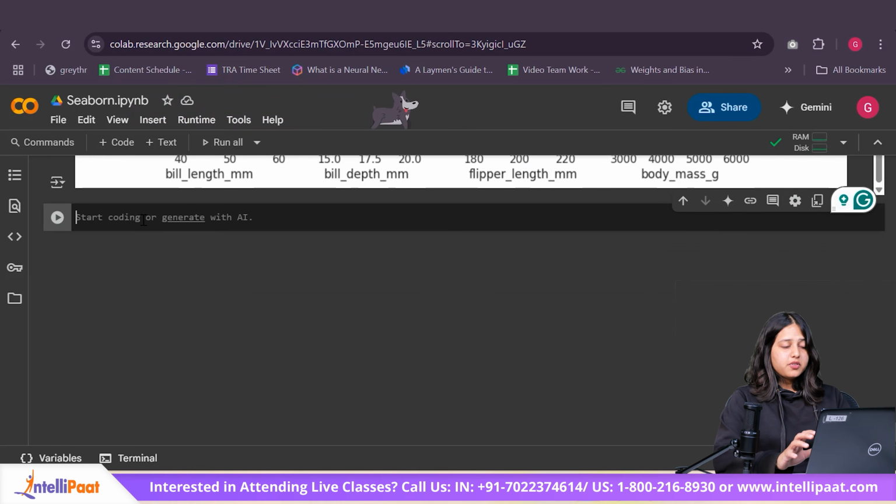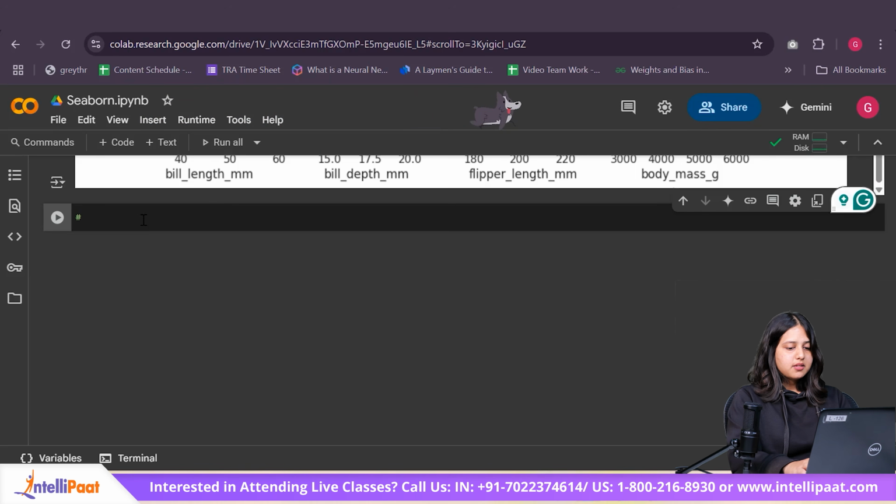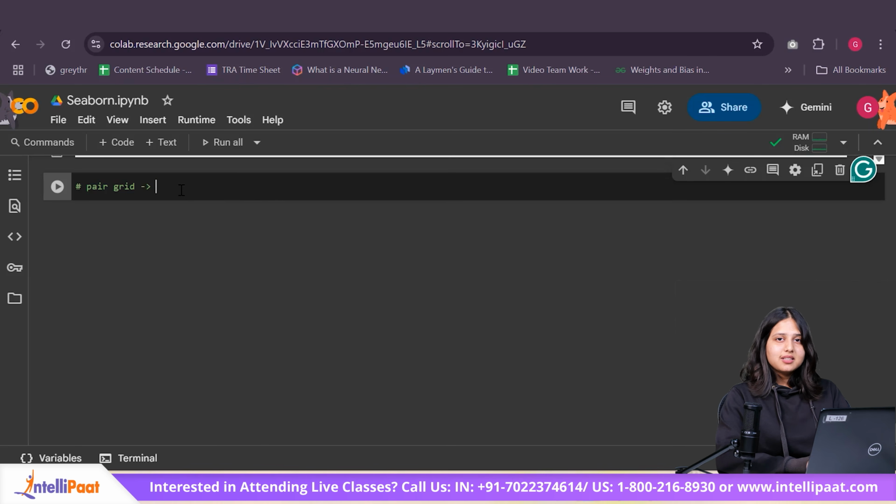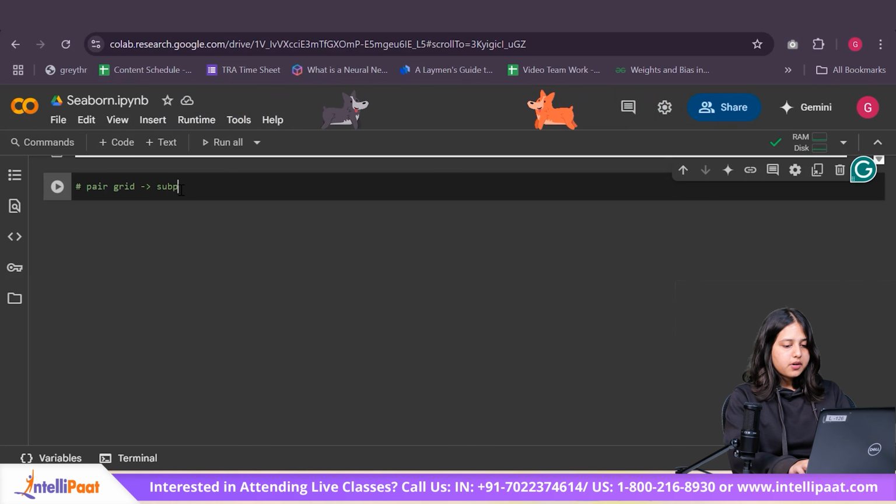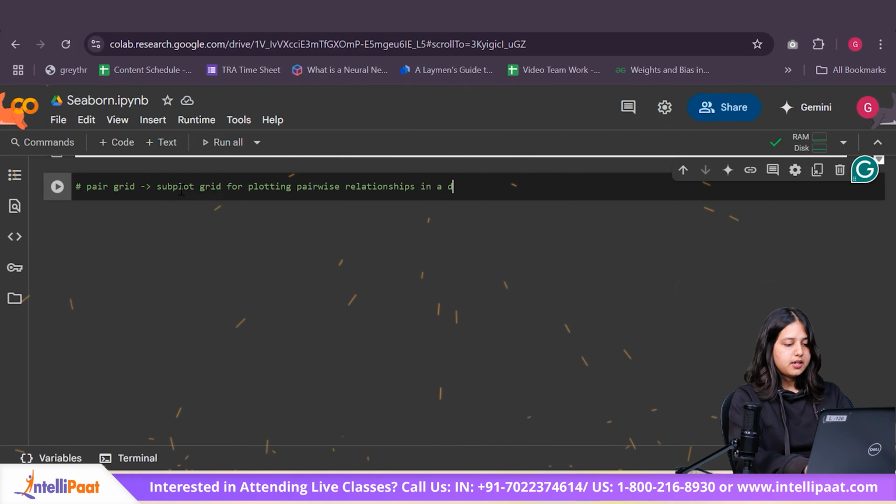Now the last plot for this particular video is a pair grid. This is an interesting one because mostly this is not covered in many places. A pair grid is basically a subplot grid for plotting pairwise relationships in a data set.